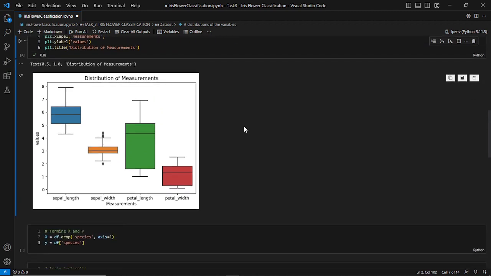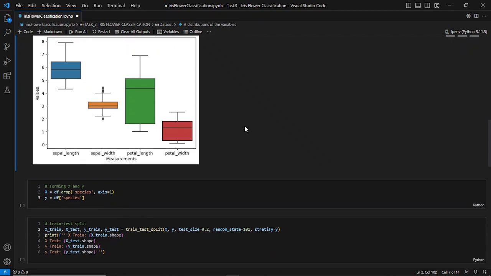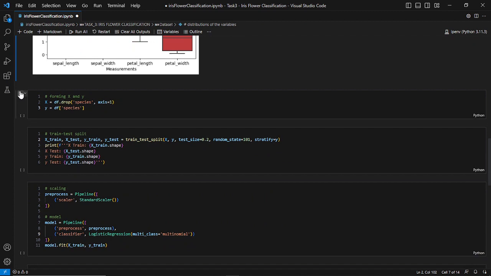So we have plotted these 4 measurements in a box plot to see their distribution, and we have seen that there is no outlier but their locations are different. So since there is nothing to prepare in the dataset, we directly go to the identification of the predictor and response. Here we have split the predictor and response variables, the response being the species and the predictors being